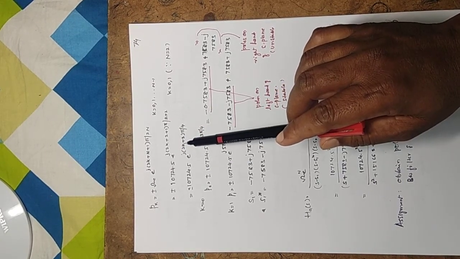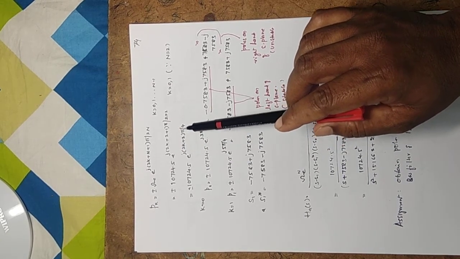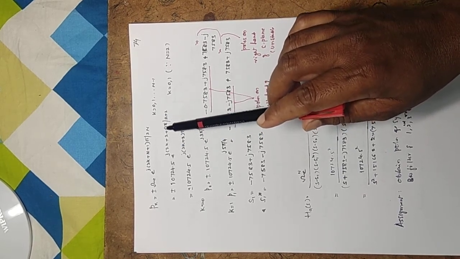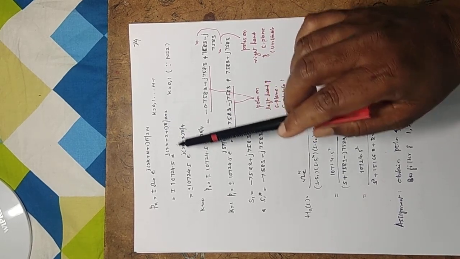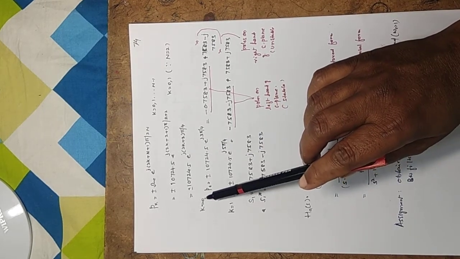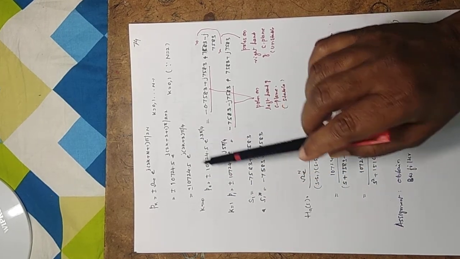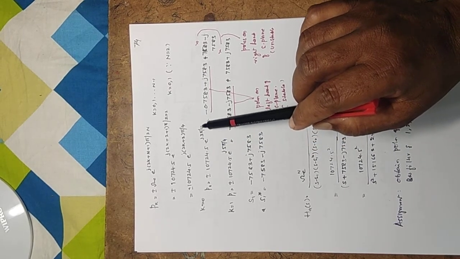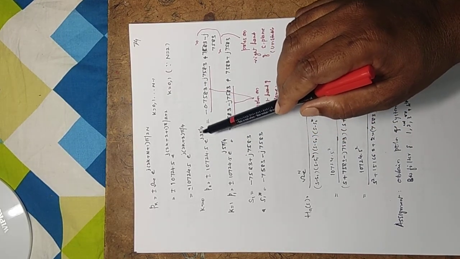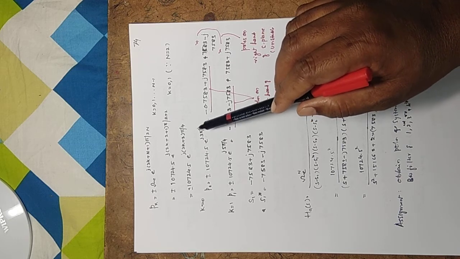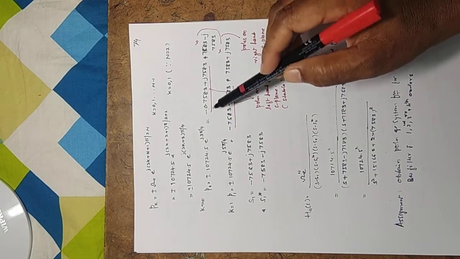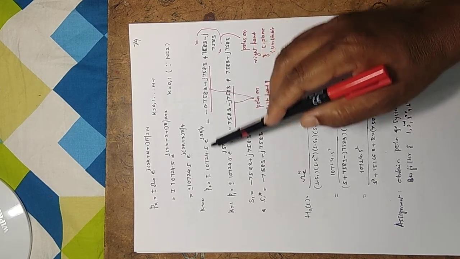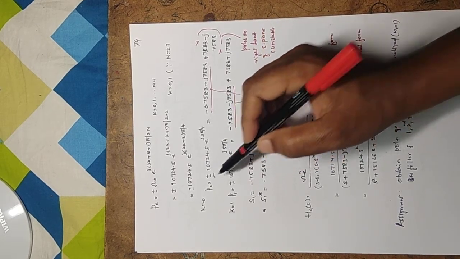It will be in the form of (2k plus 3) into pi by 4. I substitute n as 2, and 2 plus 1 is 3, 2k as it is, j as it is. For k equal to 0, substitute k as 0, you will get this expression, e to the power of j 3 pi by 4. When you solve this, that is cos theta plus j sin theta, you will get two values, because you have the plus or minus.